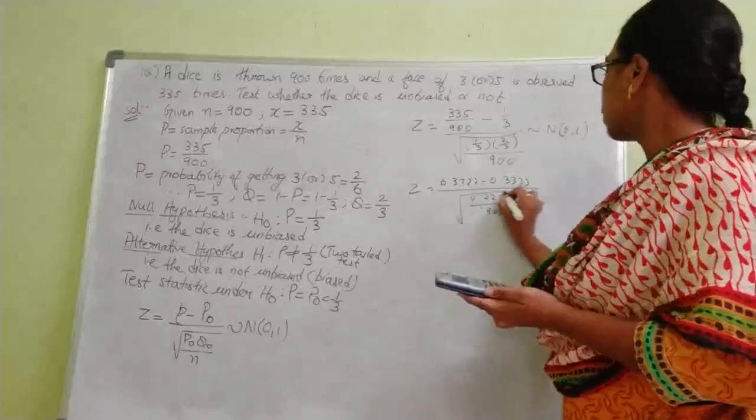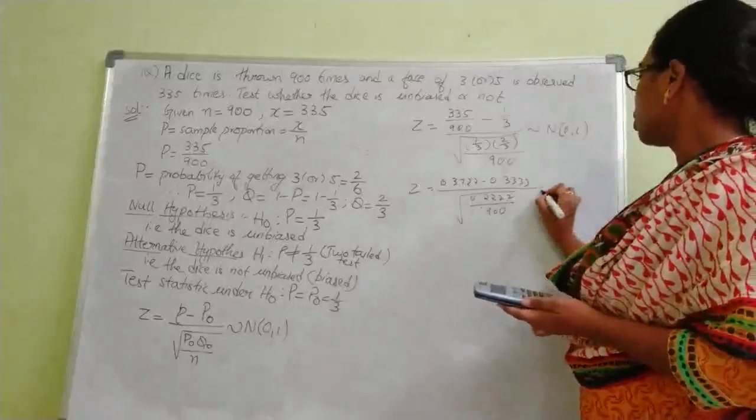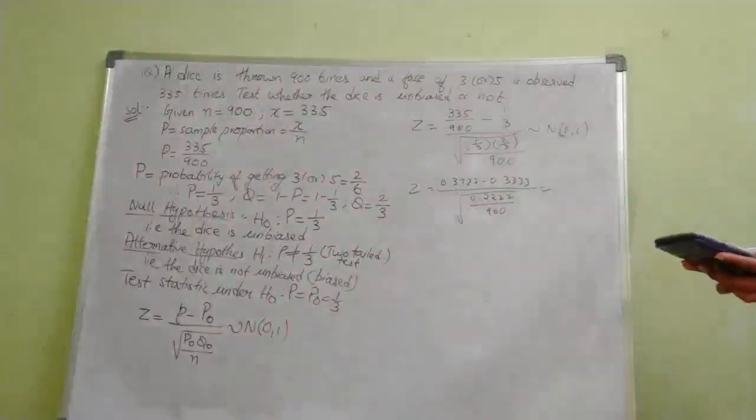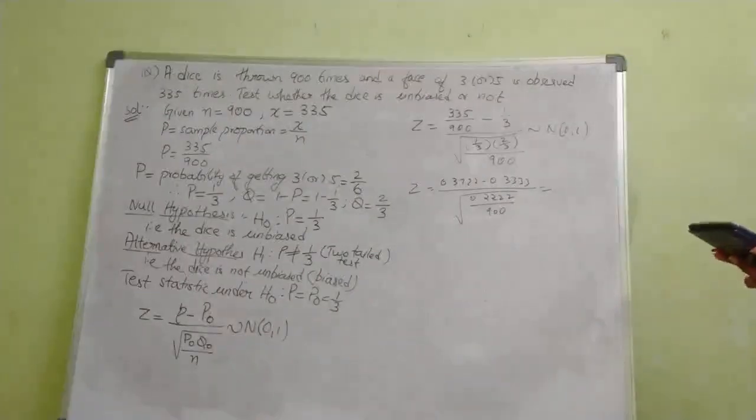So this is under square root. So numerator 0.3722 minus 0.3333, it is